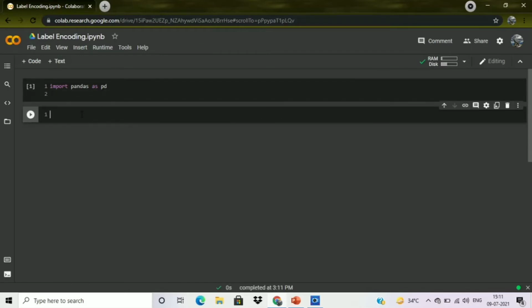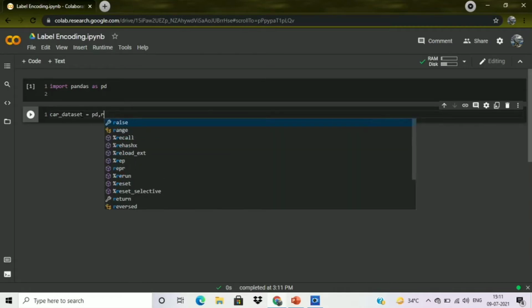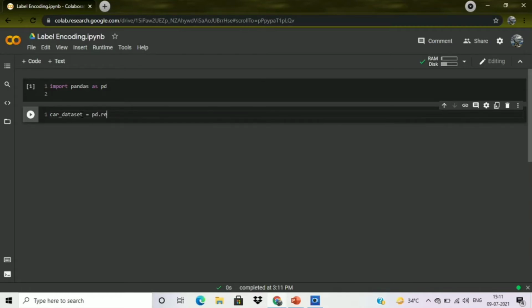Now we will convert this dataset into a pandas data frame. Let me just write a variable, pd.read_csv.